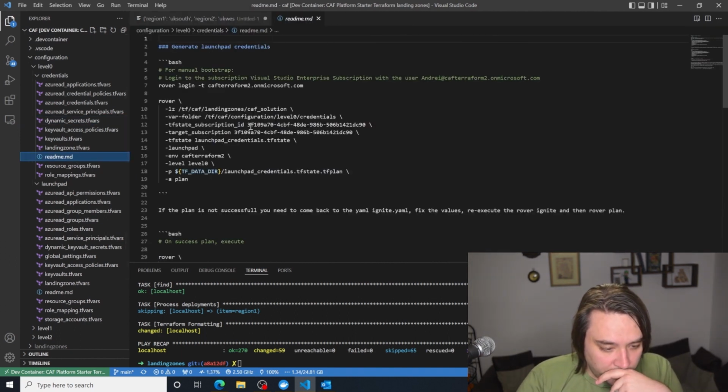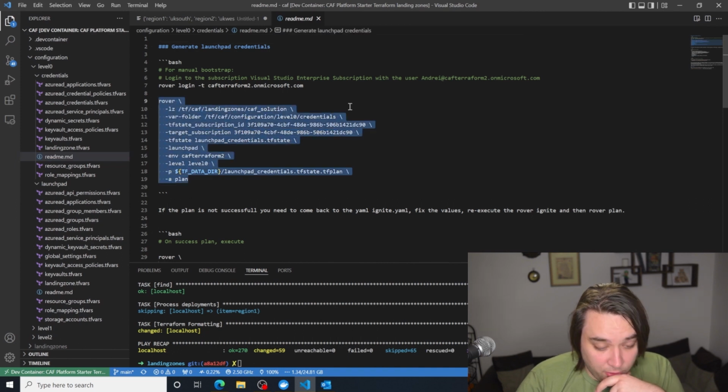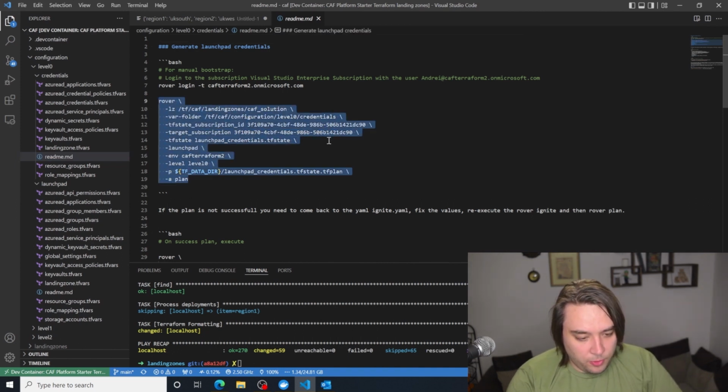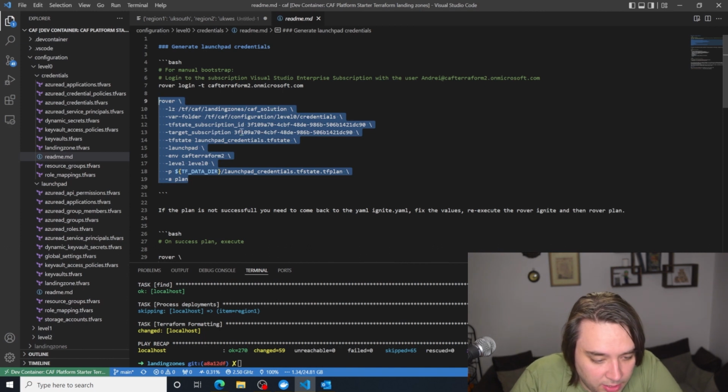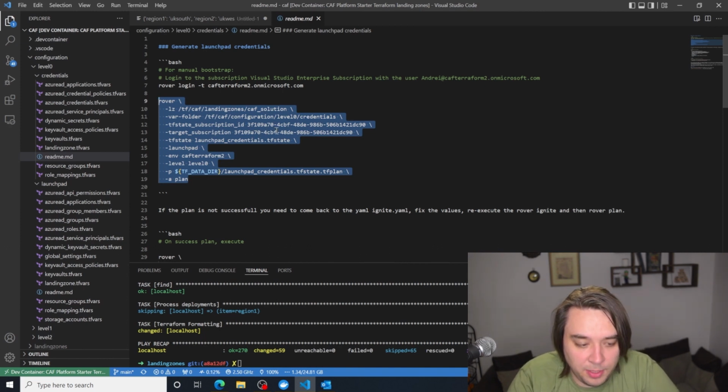So if I look at my README, I can now check out my rover. So what we will do is, look at that. My subscription has already been filled in for me, which is really great.